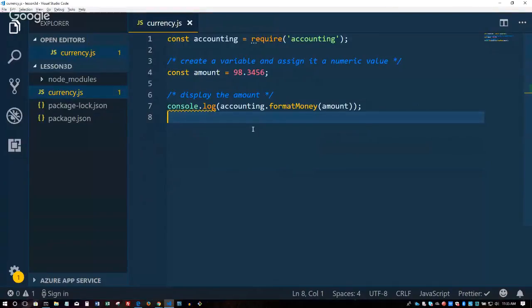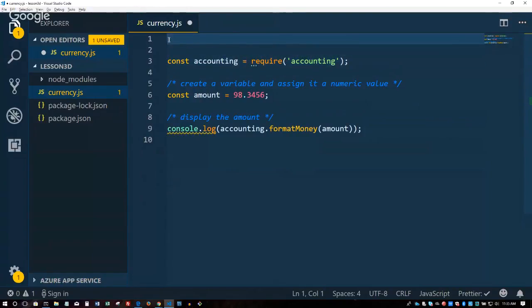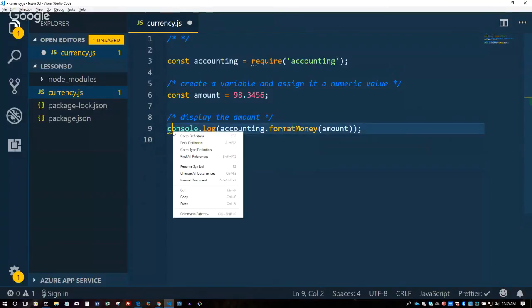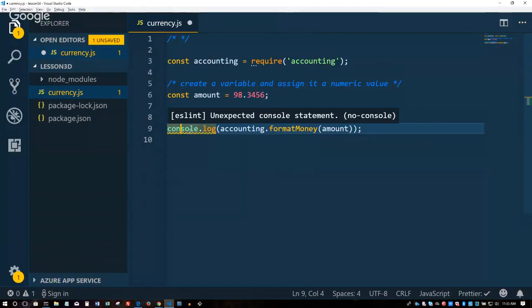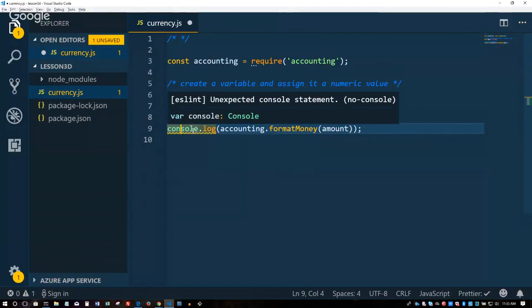FYI. I know in the first week of class, I asked you to install ESLint. You may have found that sometimes ESLint is very annoying, and you maybe want to get rid of some of the hard and fast rules that it wants you to obey. What you could do is put a comment at the very top of your JavaScript file. Let's say, for example, you get annoyed every time ESLint complains, hey, unexpected console statement. You're not supposed to use console in production code. You can use it in development code, but not in production. Then you want to turn that off.